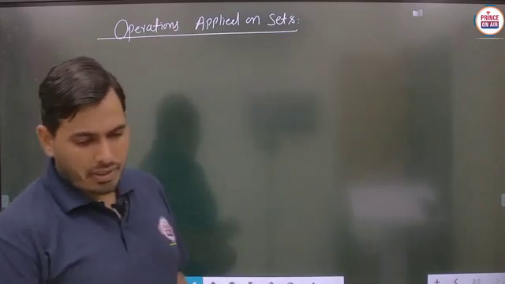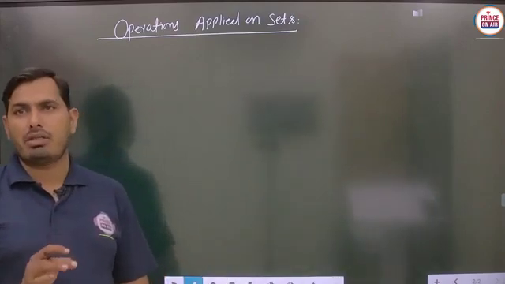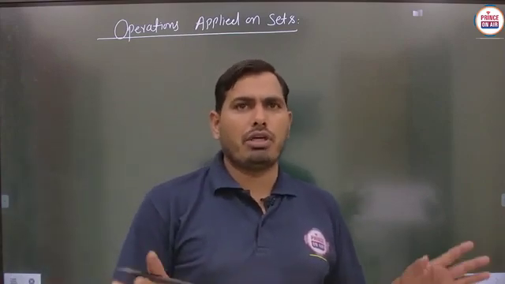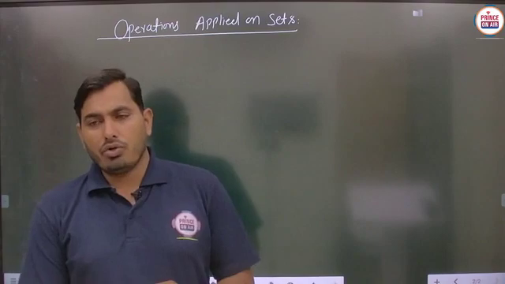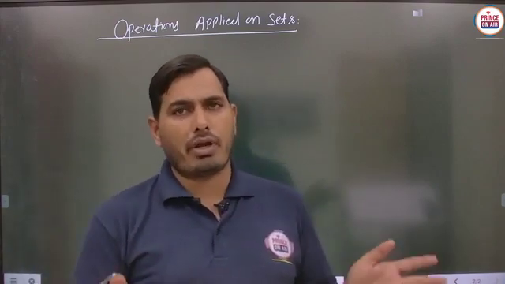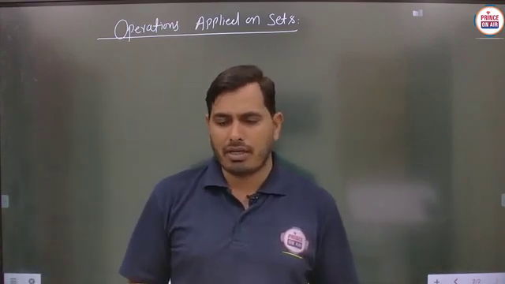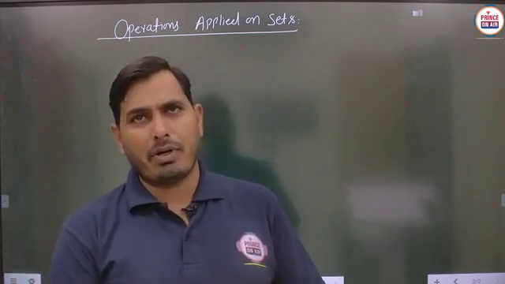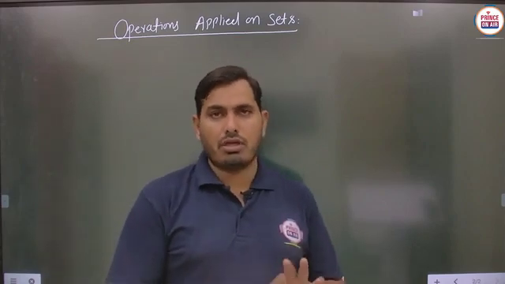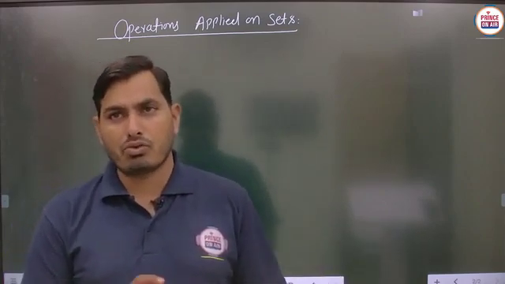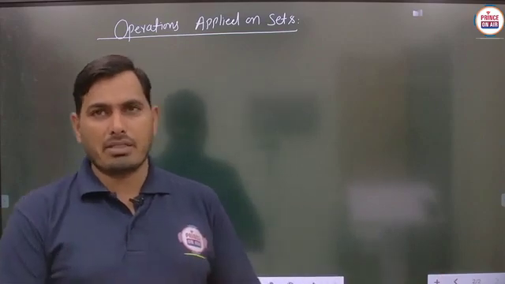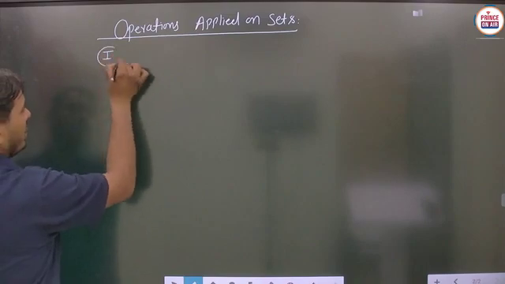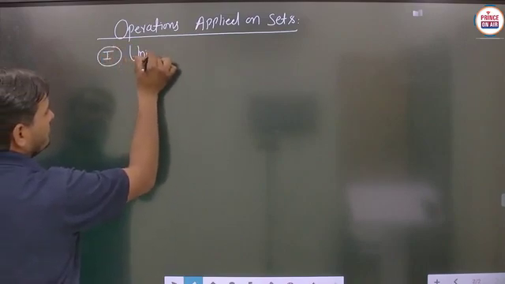So basically, students, in mathematics generally, if any two numbers are there, suppose we are taking 2, 3, 4, then you can add them, subtract them, multiply them, or divide them. Is it to be clear? Such types of operations are also used in sets, but in a different manner. So the names of the operations are different, unlike plus, minus, into, or divide. The very first operation that we are taking is union of sets.